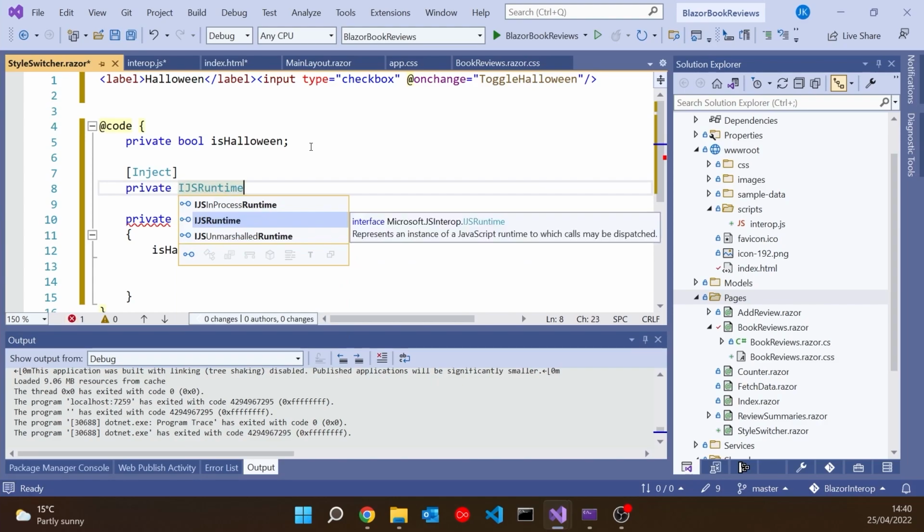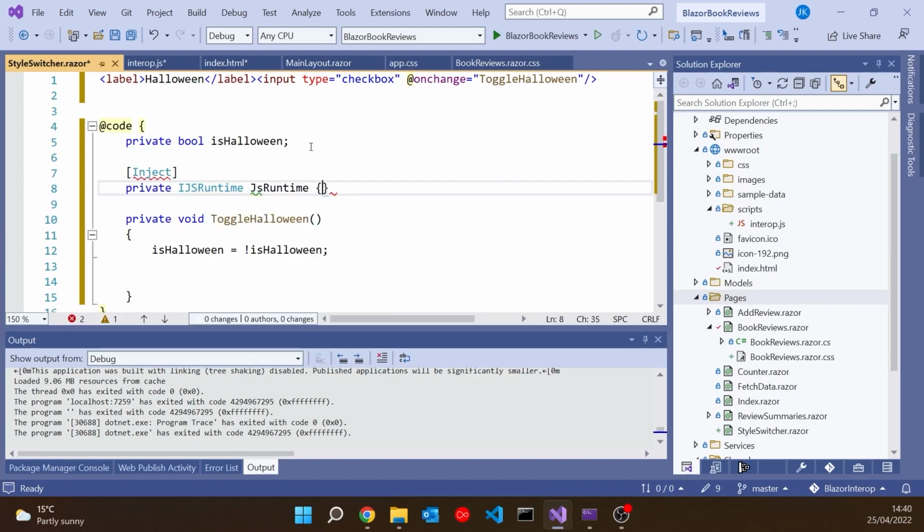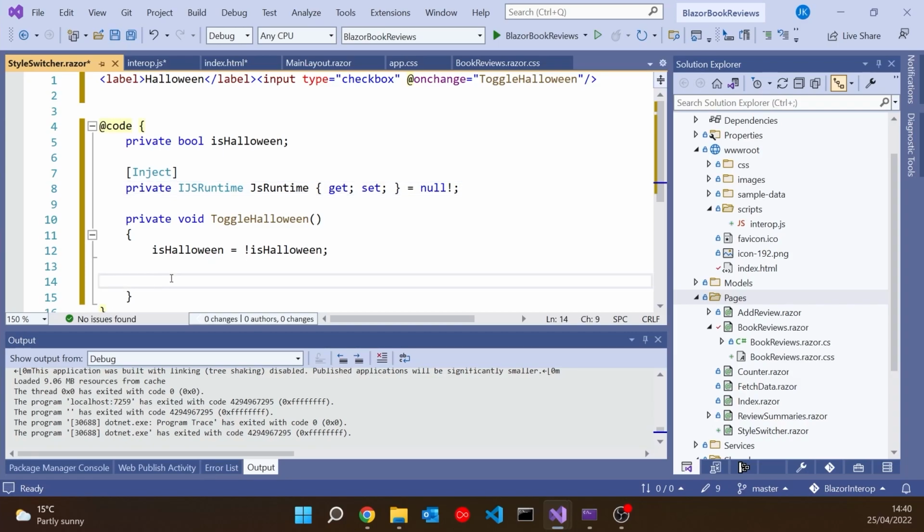in the normal sort of way, and then we'll call that JSRuntime and give it a get and a set. And that should be provided for us when this whole thing is set up. It's complaining because it's a reference type, but we know it's going to be set up, so I'm just going to cheat that with a null exclamation mark on there. So that now means we've got the runtime injected into us, and so now all we need to do is